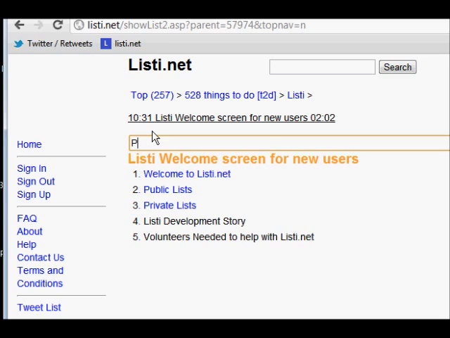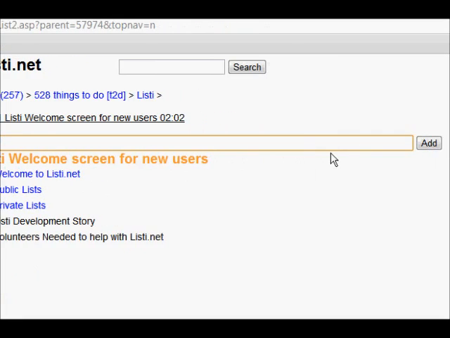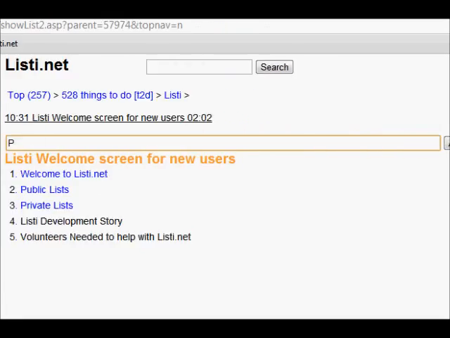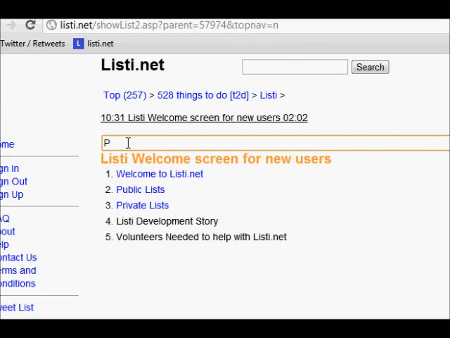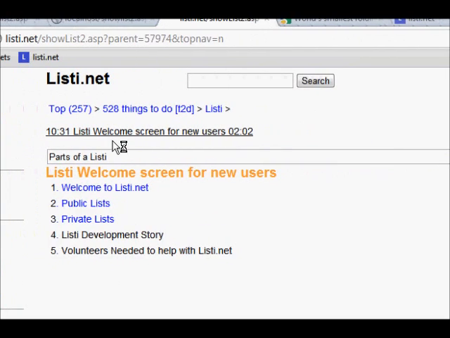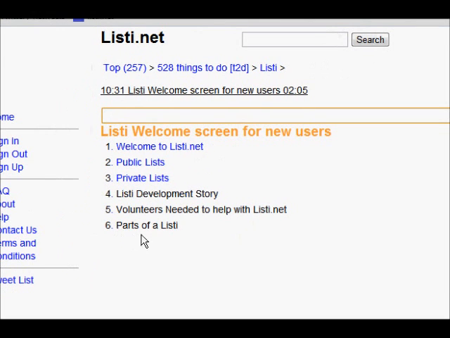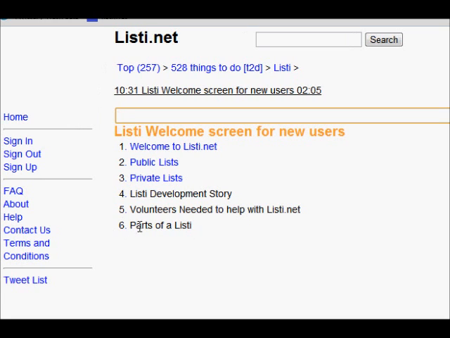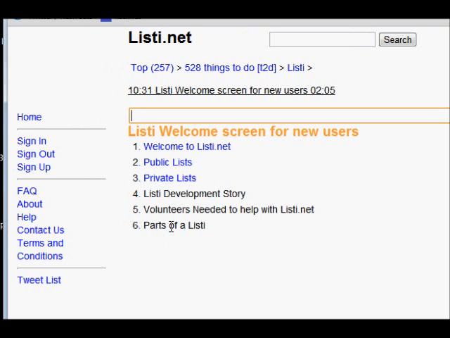In Listi, you add items to the top, and you can press this add button here or press the enter key. So I'm going to add an item to this list called parts of a Listi, and I'll click add, and that item gets added to the Listi. Now if I want to add a sublist to this,